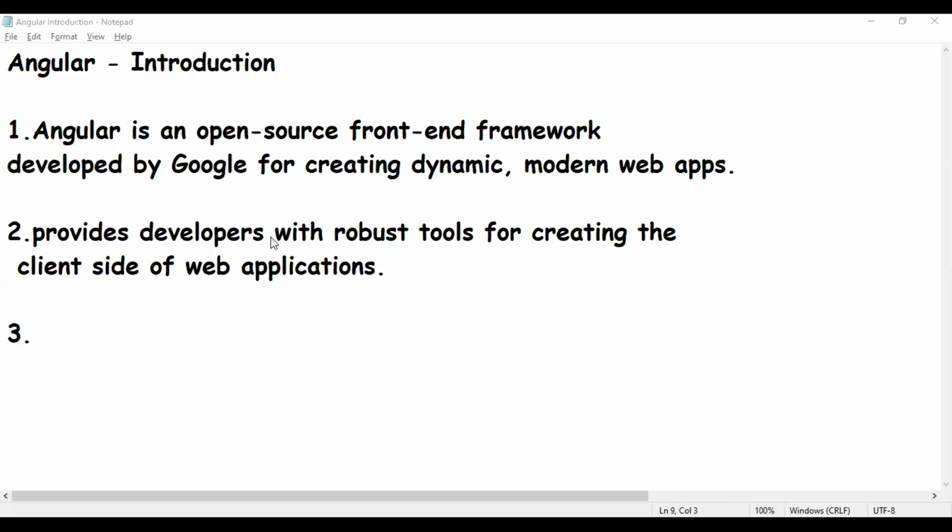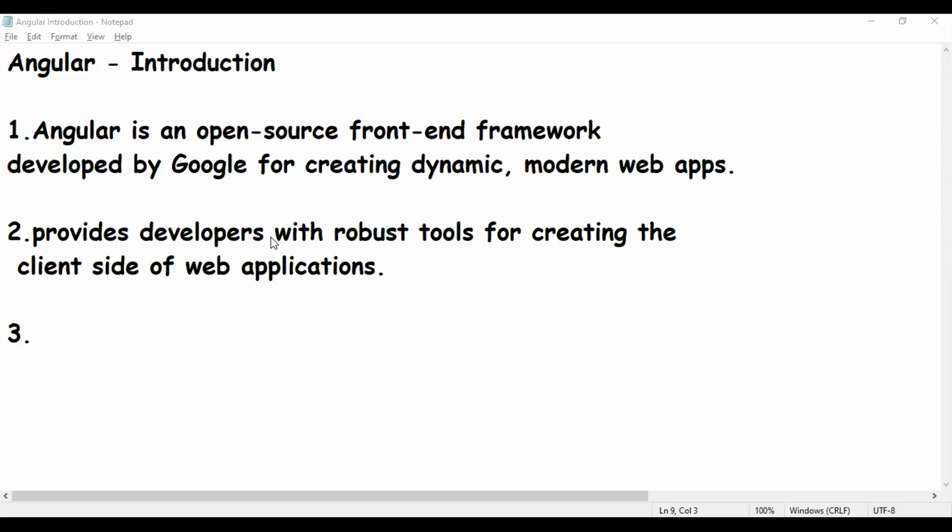And then the third point here: Angular was released in 2010 and was formerly known as AngularJS. What we now call simply Angular was previously called AngularJS.